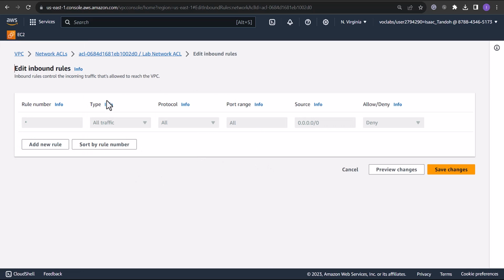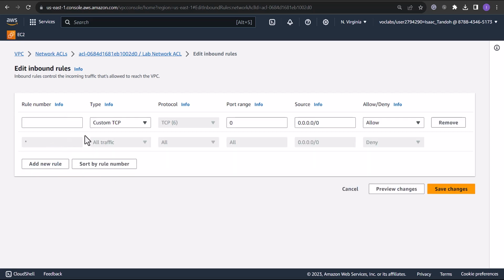Network ACLs evaluate rules in order, and it is advisable that you number them in increments of 100 or 10, so that you'll be able to put rules in between when they need be. You don't want to do 100 and then the next one is 101. If there is a need to put rules in between, how are you going to do that? So our first rule will be 100,